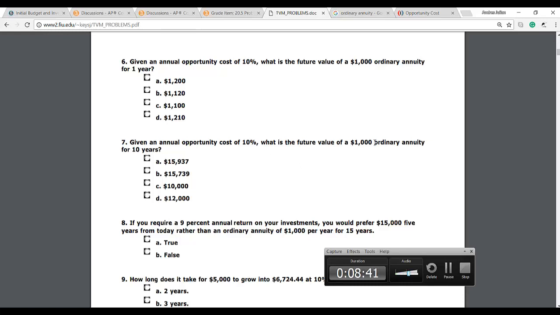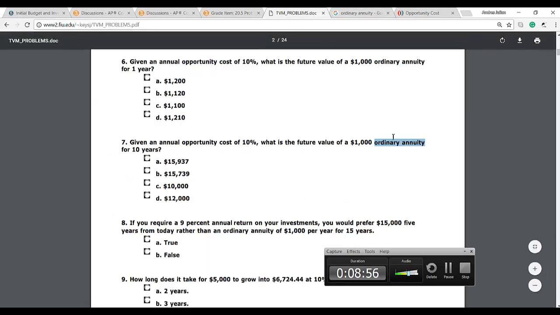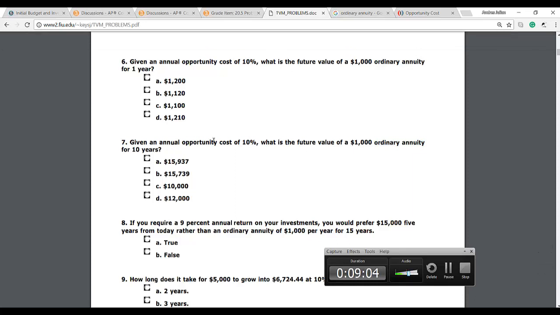Okay, now that you understand what annual opportunity cost is, what is the future value of a $1,000 ordinary annuity for 10 years? An ordinary annuity, you can see it over here, is a series of equal payments made at the end of consecutive periods over a fixed length of time. So it's just the fixed payments that you're going to get over a period of time. What would be that opportunity cost? What money are you going to get if you actually pay $1,000 every single year during 10 years? Okay,